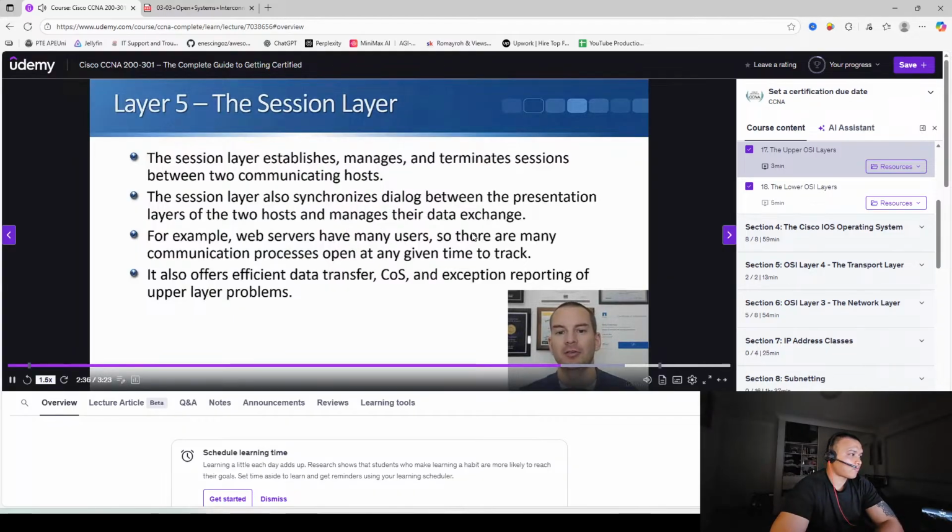This establishes, manages, and terminates sessions between two communicating hosts. The session layer also synchronizes dialogue between the presentation layer of the two hosts and manages their data exchange. For example, we might have web servers which have many users that are using that